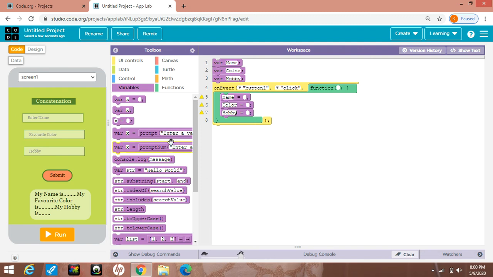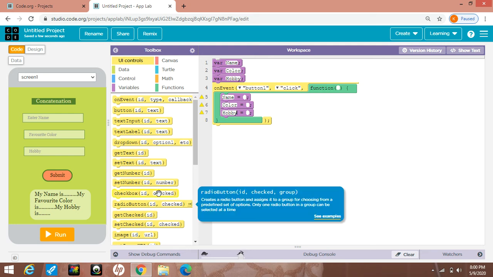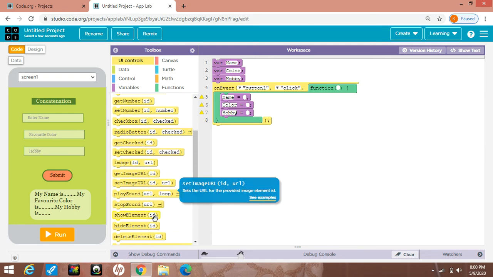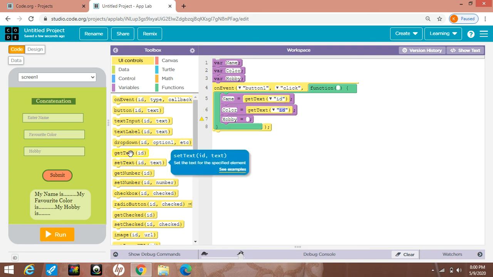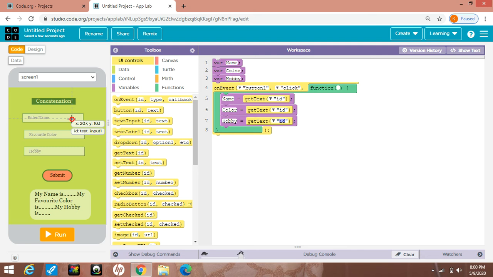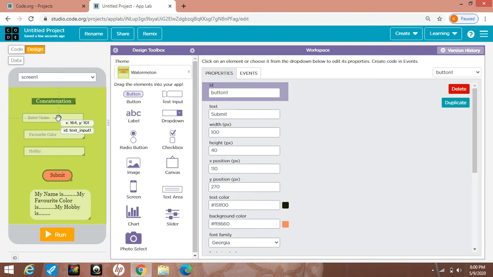Okay. Now I want to get a value from this text input. For this I will use get text. Get text, here get text, and then get text. Name will come from this. Look at this. What is the ID of this text input?